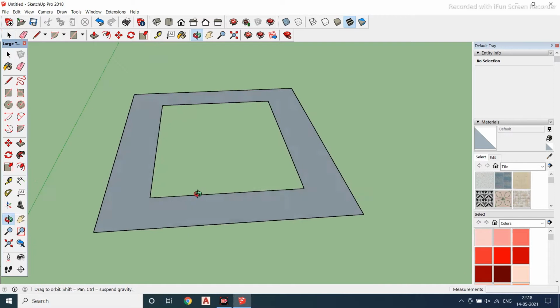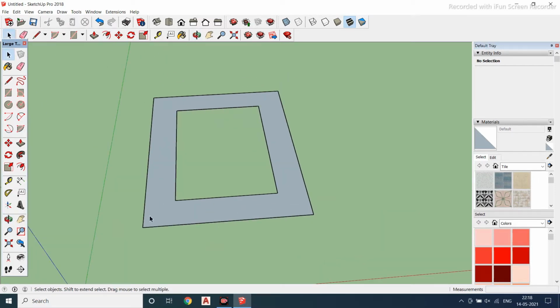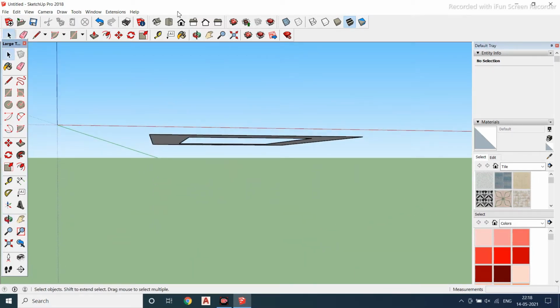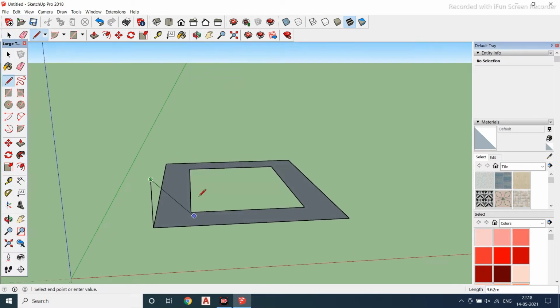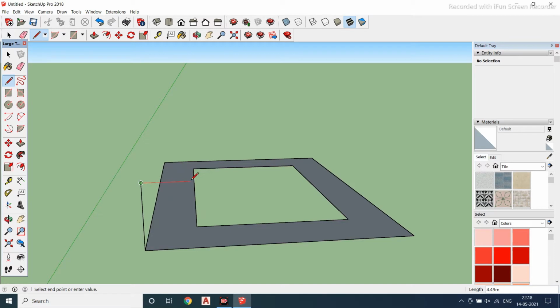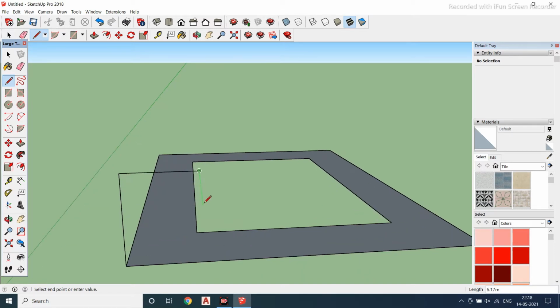I need a framework for this. So what shall I do? I'll come to my front view and take a pencil. This is my Z axis, and this is my X axis. I will be drawing some steps.